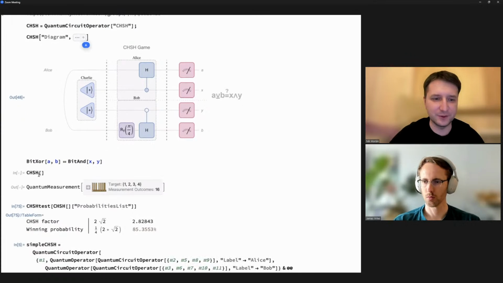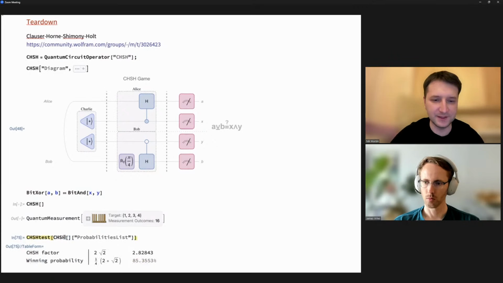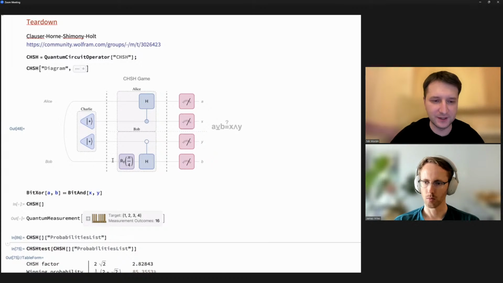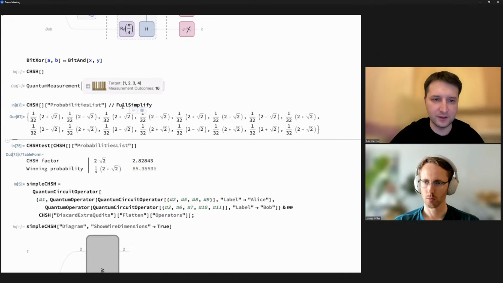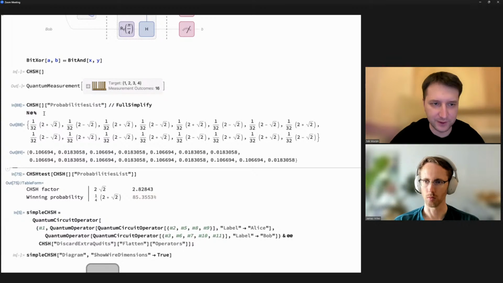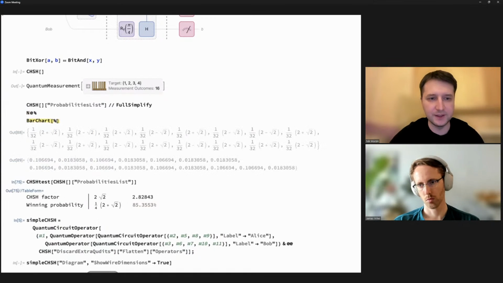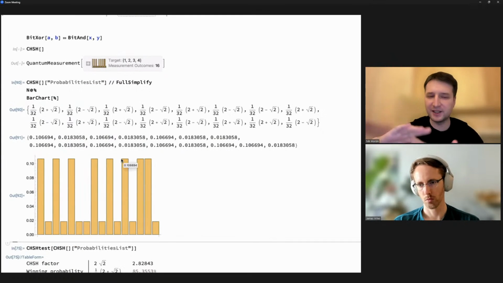Well, first of all, obviously you can just take this circuit and run it. You get this quantum measurement which contains all the probabilities, right? I wrote this little helper function which is going to be included in the notebook. I'm going to share it at the end of this live stream. You just get this list of probabilities. It's going to be exact. Maybe you can simplify it, right? But its numerical values look like this, which is exactly the bar chart you see in that little summary box over there. Right. So basically that's the target joint